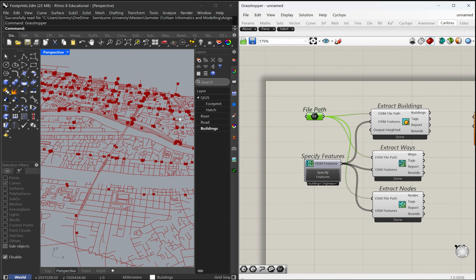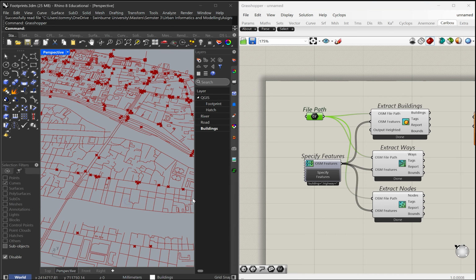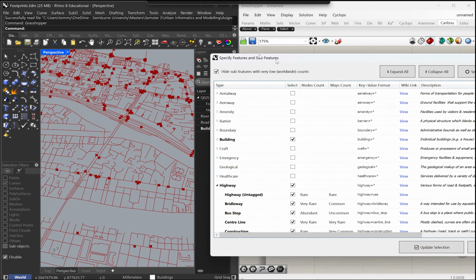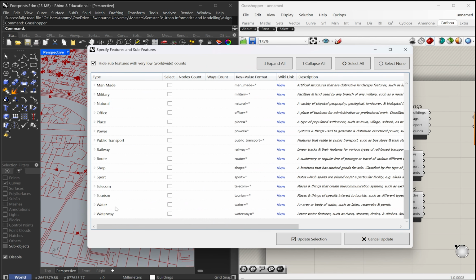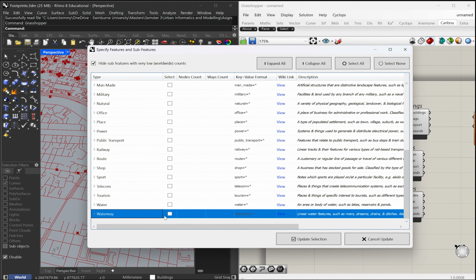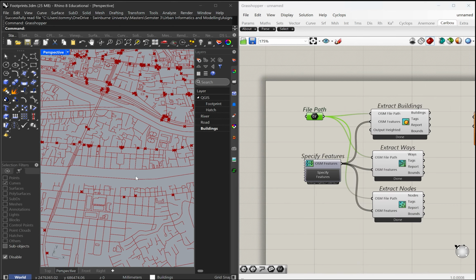And so we've also got a river here, so I'm also going to enable river, which I believe is under waterway. Yep. Press update selection, and you can see the polyline